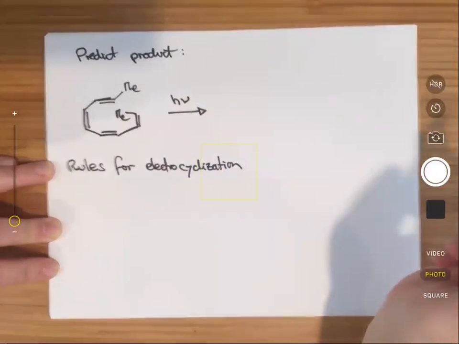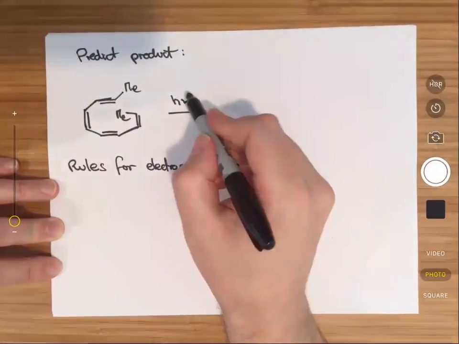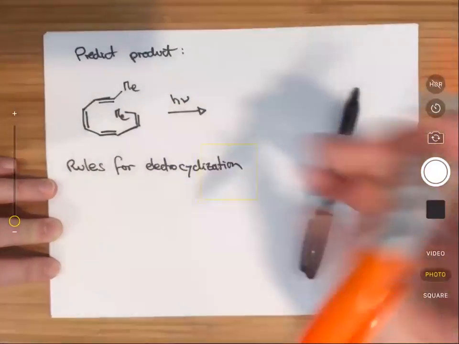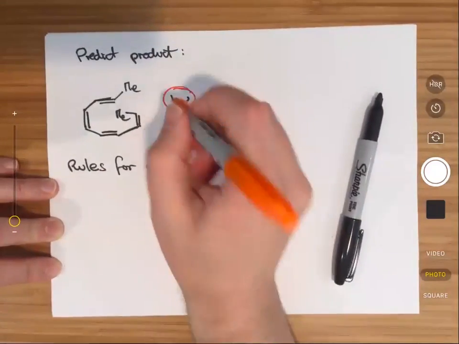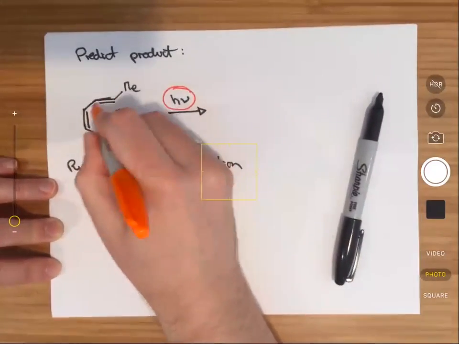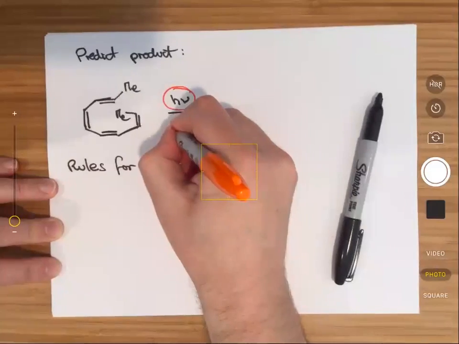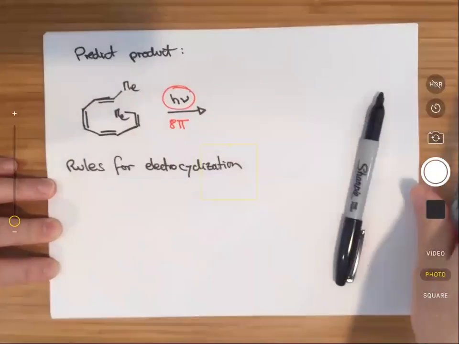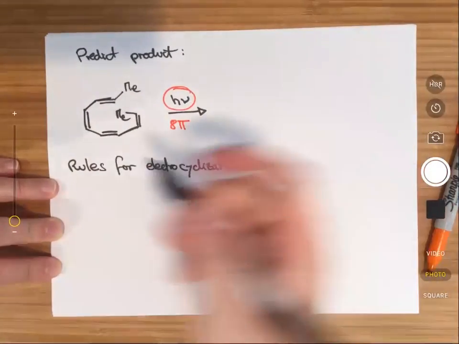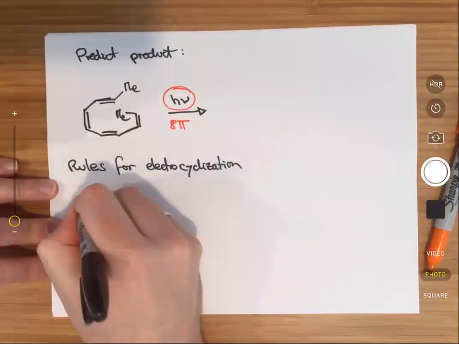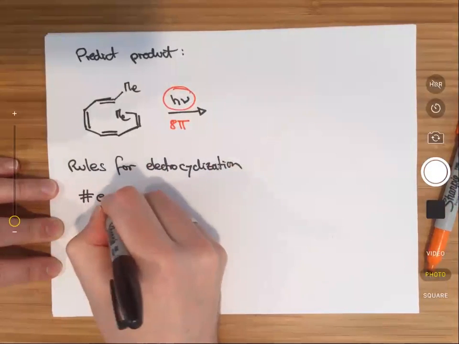And the rules basically only depend on the reaction conditions. So all you have to know is the reaction conditions, and you have to know how many electrons are in your pi system. So in this case, it's an 8 pi system. That's all the information that you need to know. And then you basically go to this little table here that plots the number of electrons